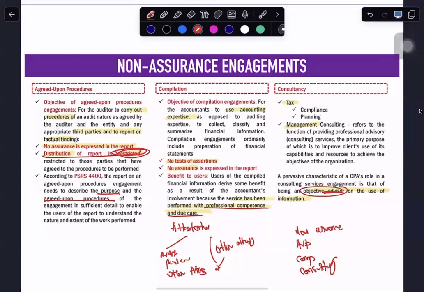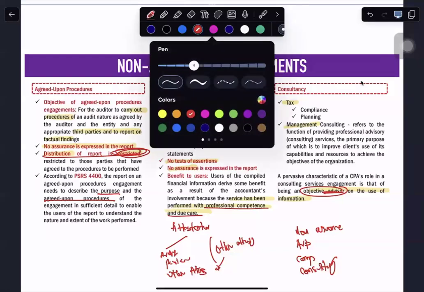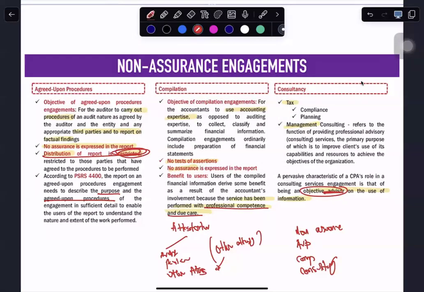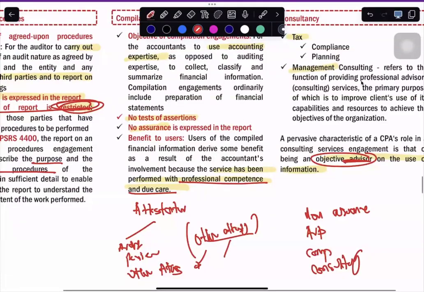So normally, yun yung mga performance reviews, yun yung mga examinations of different forecasts or budgets. Pagka may examination na or may review na term, may assurance doon. Bakit? Kasi chinecheck natin yung isang subject matter information. Pag walang sinabing review or examination, then that's non-assurance. So ang keywords na lang for other attestation services, pag nilagyan ng examination, halimbawa, examination of budgets, gano'n. Examination of budgets, pag nilagyan ng gano'n, that's attestation.